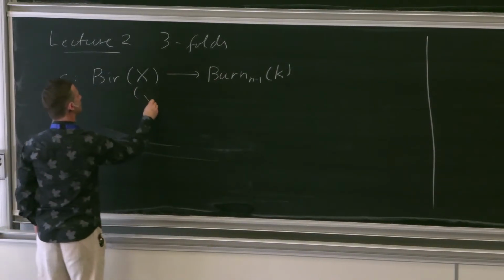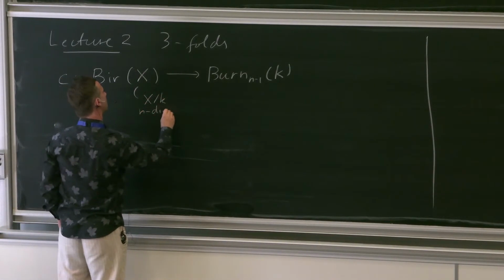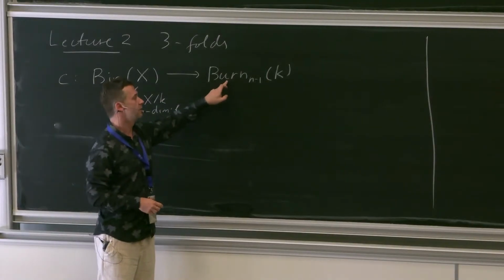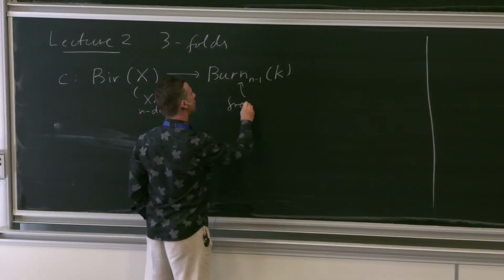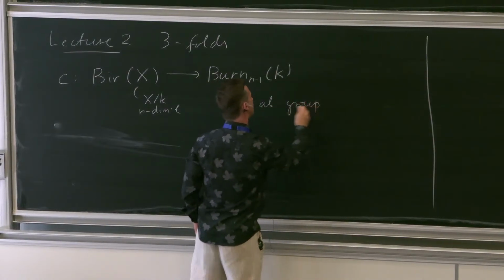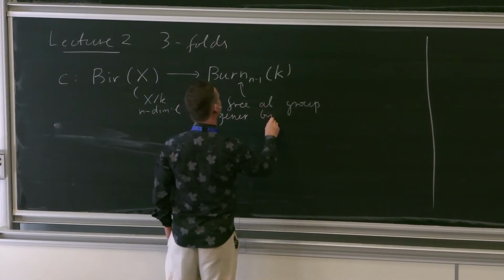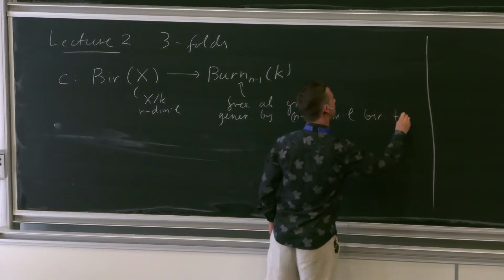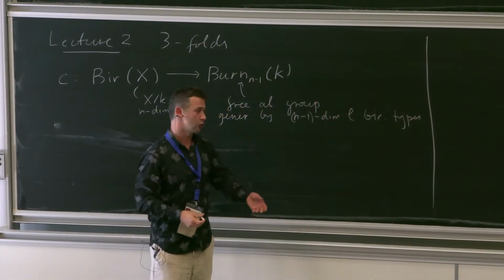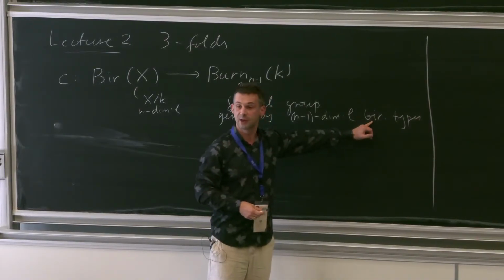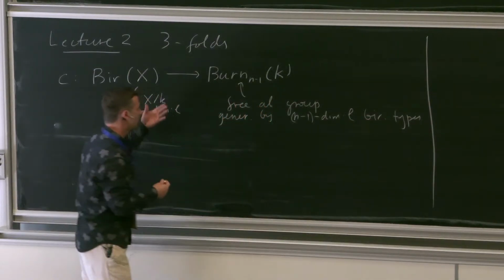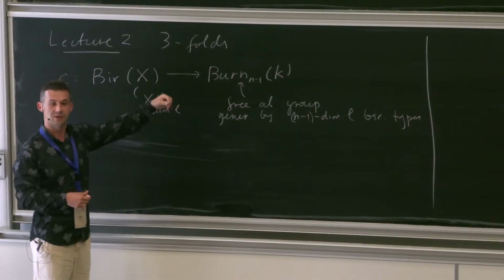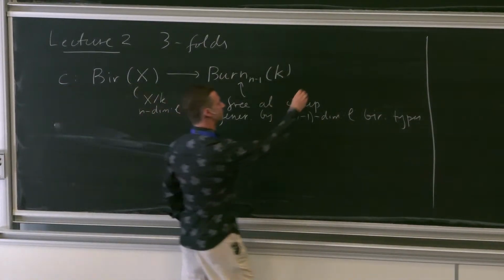So here X is an n-dimensional variety, and I'm going from this birational automorphism group into an abelian group, a free abelian group, generated by n-1 dimensional birational types. And birational types, some kind of topological jargon, so what I mean is birational isomorphism classes of varieties of this dimension. And what it was doing: divisors which are exceptional for phi minus divisors exceptional for the phi inverse. And that's a group homomorphism.